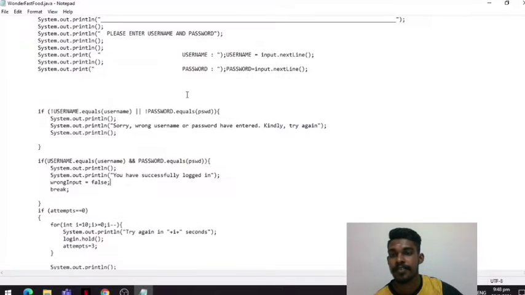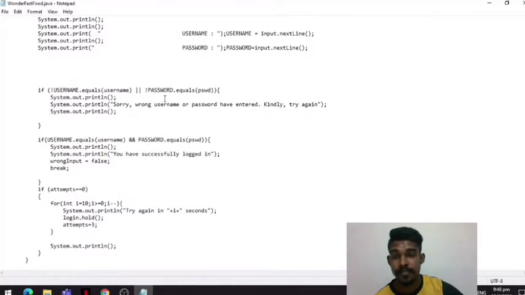If in the first try the username and password is wrong, it will show, sorry, wrong username or password entered, kindly try again. It means they have entered the username and password wrongly, so the login attempts decrease,